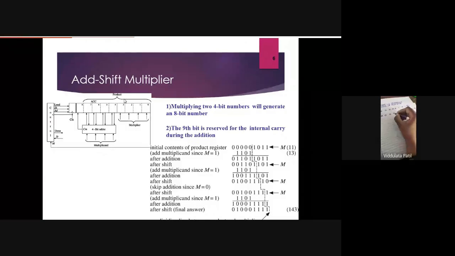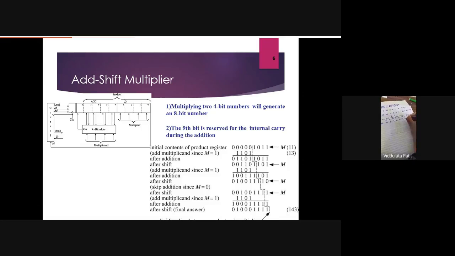So now here, in the D7 to D4 bits, add the multiplier. So it will be 1001. That should be added to this number. So addition will be 1 0 1 0 1 0 0 1 0. Okay. Shift this number by 1. So this will be 0 0 1 0 1 0 0 1